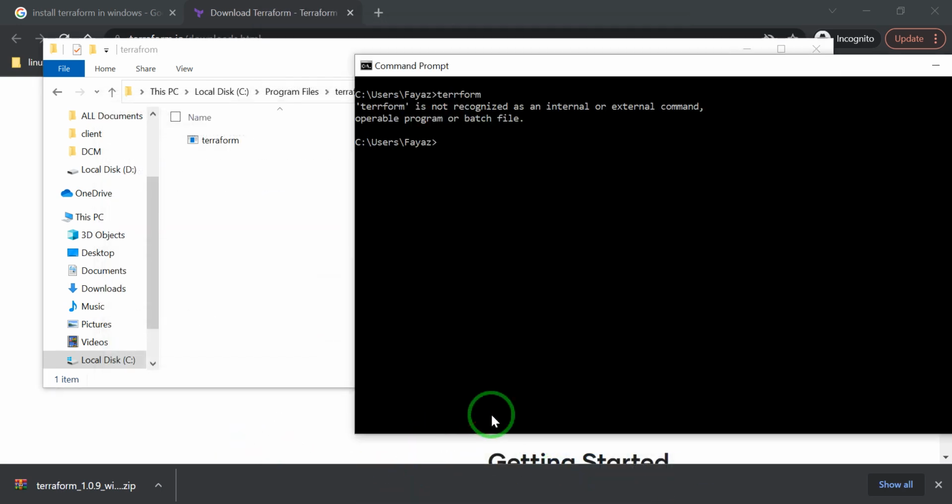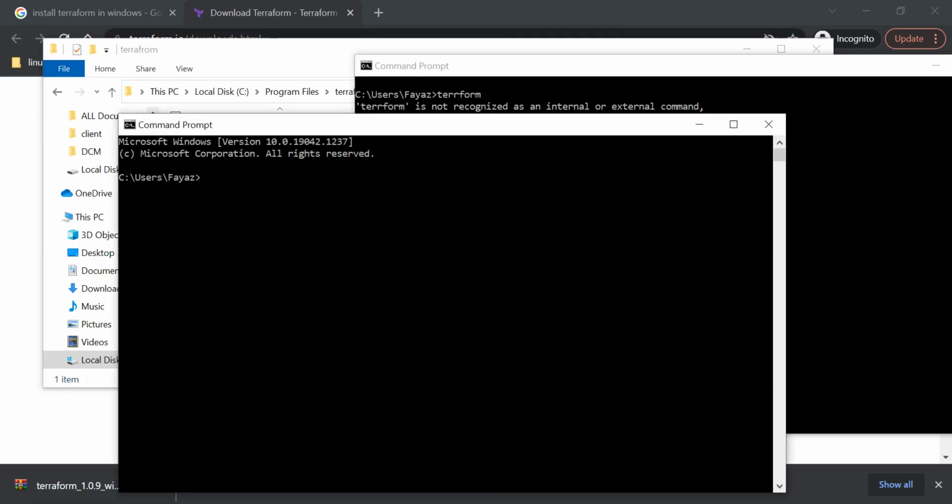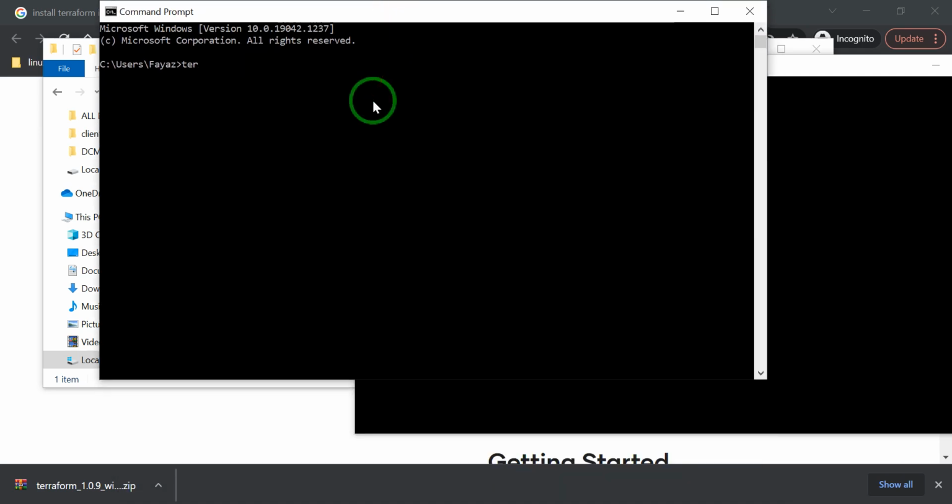Even though we have put it in our environment variable, it is still not recognized, so you have to open a new CLI. Once you open a new CLI, you can achieve that. Let's see, I will just write terraform.